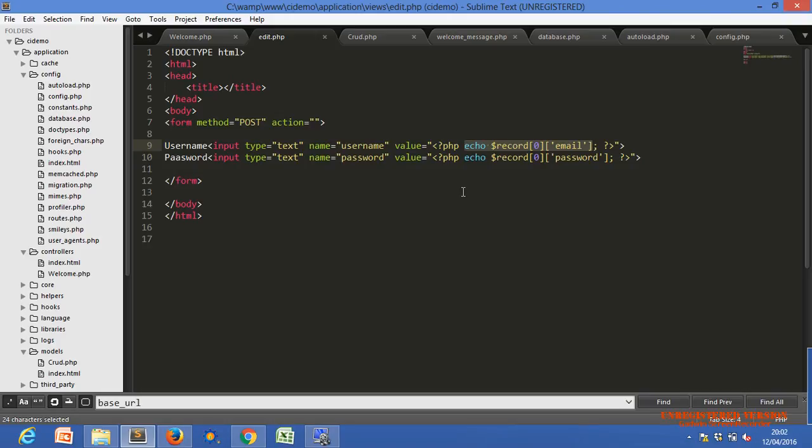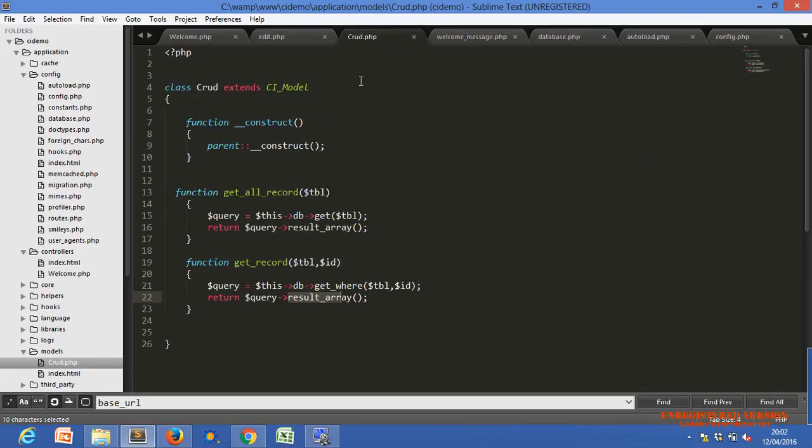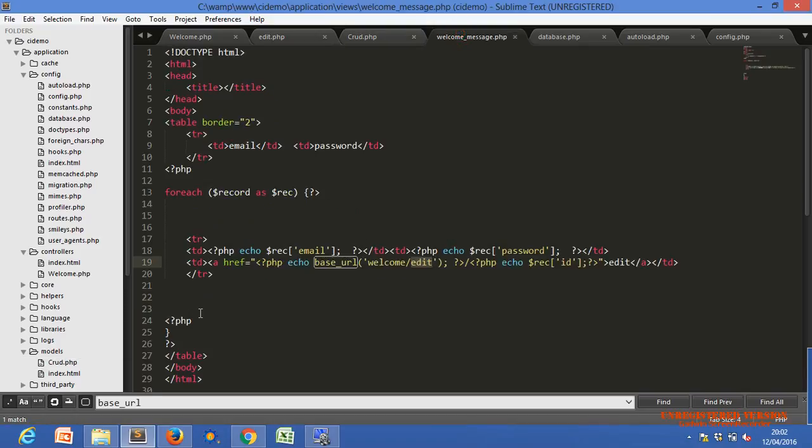Kind of, because you have to practice for that. This is the model. How we use the model, how we insert, how we fetch a record, how we edit. Right now, edit is not done completely. Just try to complete that edit. How do we complete the edit? We have to create one more function here. Before that, we have to use a submit button.